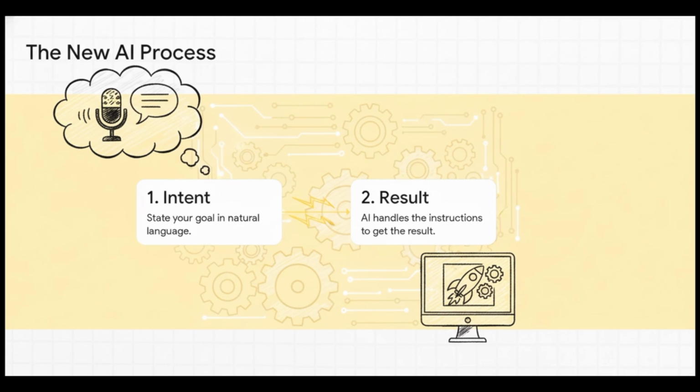So remember our cake analogy? Intent, then instructions, then result? Well, with AI, you can pretty much just get rid of that middle step. The instructions part, it's gone, at least for us. We can now go directly from our intent, what we want, straight to the result. The AI does all that messy translation work for us behind the scenes.